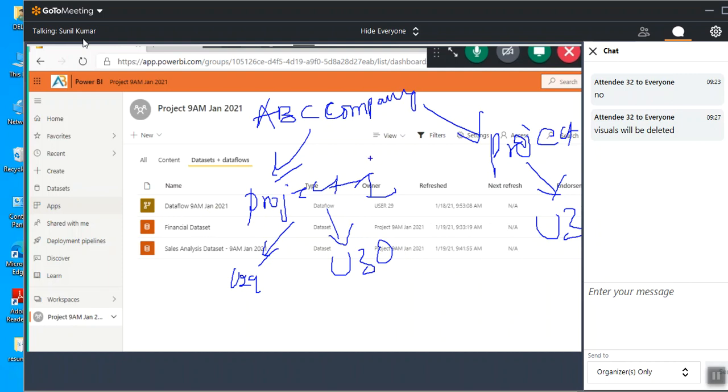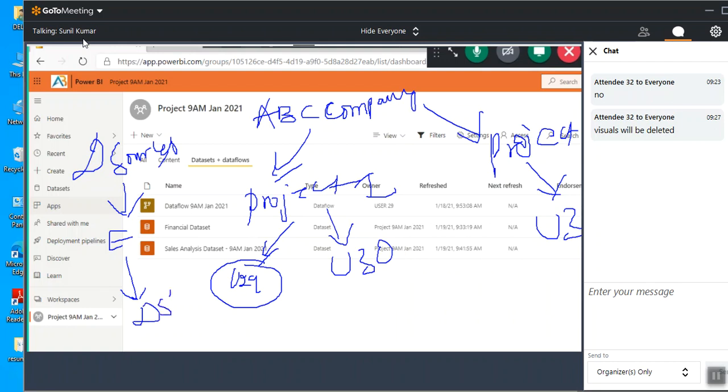In Project 1, user 29 connected to the data sources, extracted the data, and created a data set here. The data set is used by both user 29 and user 30.